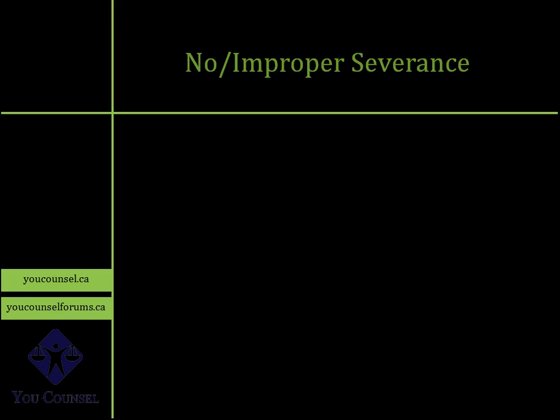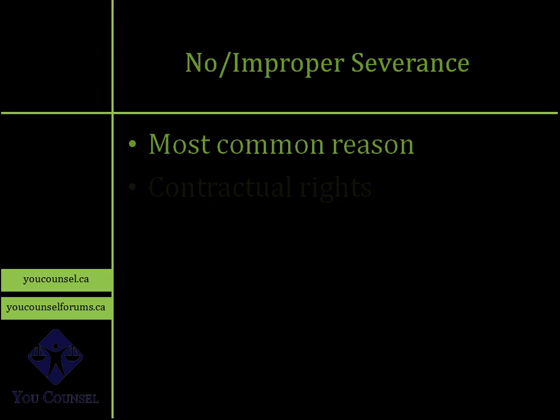So, no severance or improper severance. Remember, this is the most common reason for claiming wrongful dismissal. In fact, 60 to 70% of my employment law practice is based upon clients coming to us and asking whether they received proper severance because they're terminated, and if not, whether we can commence a court action? And in over 90% of those cases, the severance that they receive is actually not correct; it's improper, and so there is usually a case to commence a wrongful dismissal action. So that's the most common reason: the employers refuse or fail to provide the employee proper severance, and so we go after that.